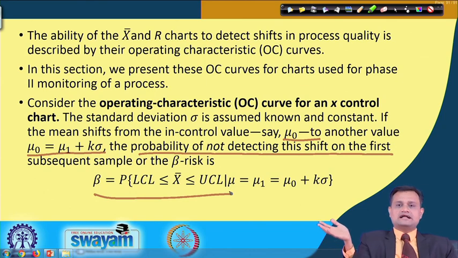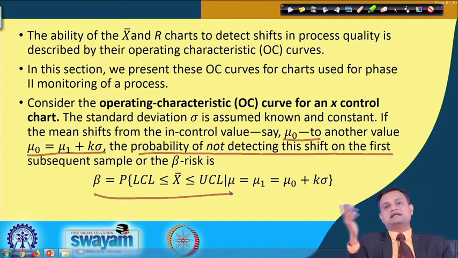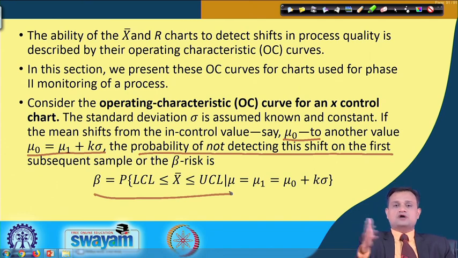We cannot 100% get rid of type 1 and type 2 error. Please remember, we always try to see the best trade-off. When we are dealing with a sample, we are not dealing with 100% of the data. So obviously my analysis is based on probability, and I cannot get rid of type 1 and type 2 error. But yes, I want to see the impact of this on my ability to detect, and what I can do to improve the discriminatory power of my control chart. So I hope the idea is clear why I am doing this.